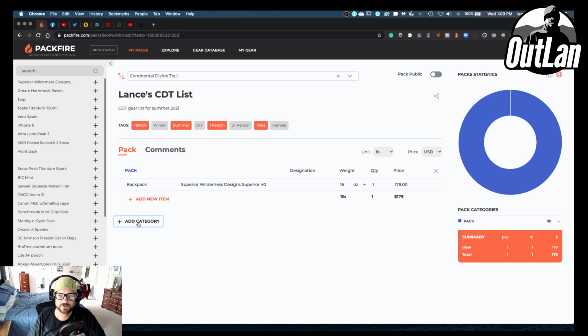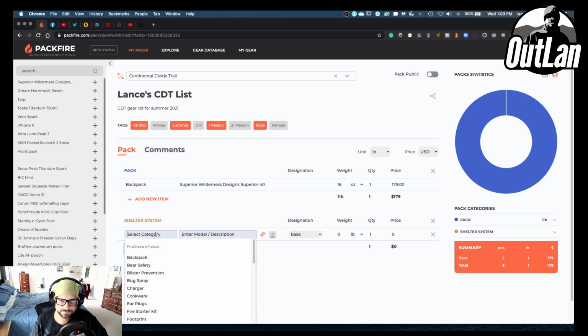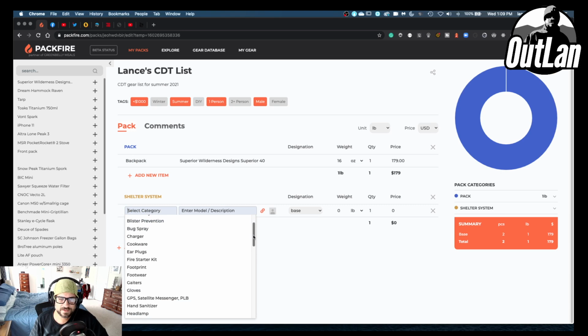So I'm going to create another category. And like I said, for me, I'm going to call this shelter system. This is where I would put my hammock, quilt, underquilt, all that kind of stuff will go under here. So I'm going to add a new item, select a category. Now, under this, you know, this is